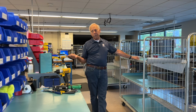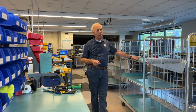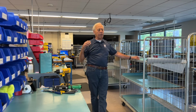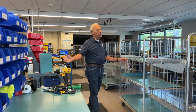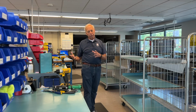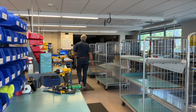For chassis, we have several local vendors, Kenray being our biggest supplier, and they do everything. They punch the metal, they bend it, they send it out for powder coat paint, the silk screening, and all of that gets collected back up here, goes through an incoming inspection, and then it gets put onto these racks. So